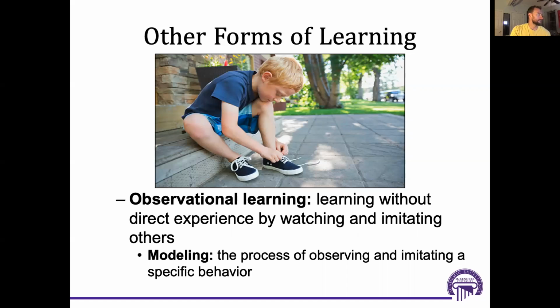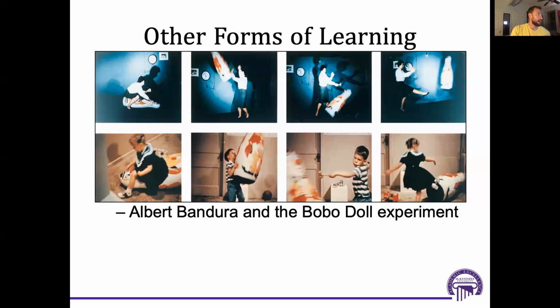Okay. A classic study of observational learning and modeling was done by a guy named Albert Bandura. He performed a very famous study known as the Bobo doll experiment. I'll show you a video of this experiment on the next slide. But basically what was found in this study was that a child would mirror the behavior of an adult model very, very closely. And sometimes that could be a very bad thing. For instance, observing violent behaviors might make a child more likely to engage in violent behaviors themselves.